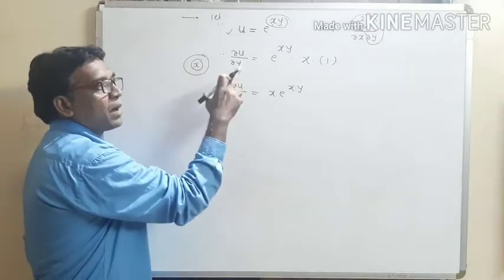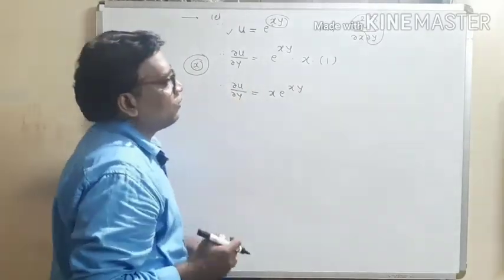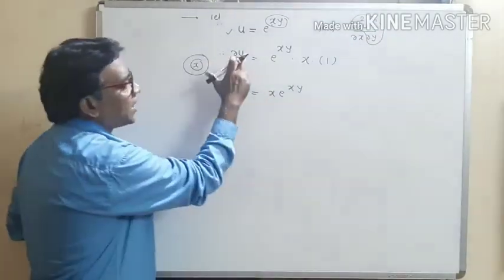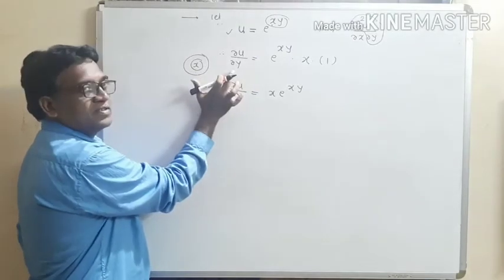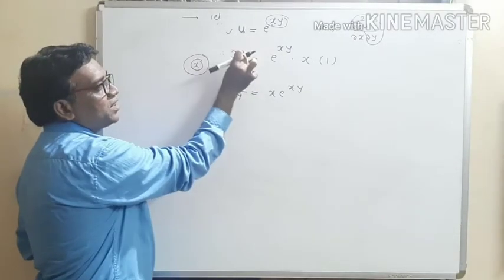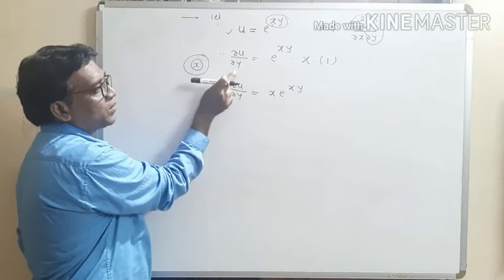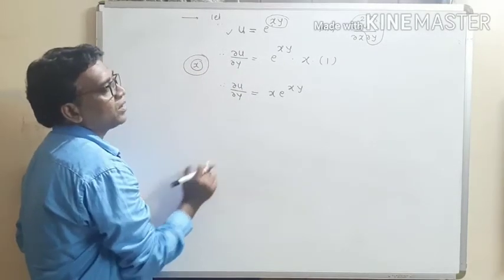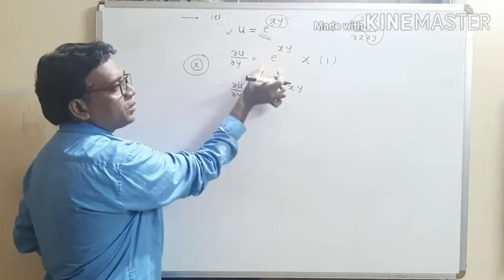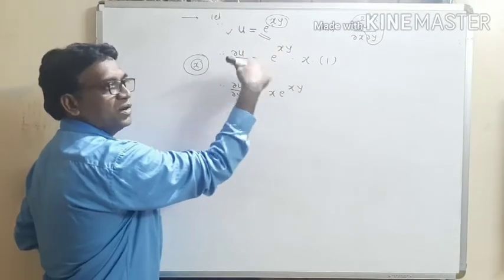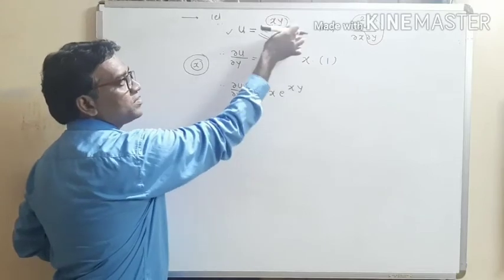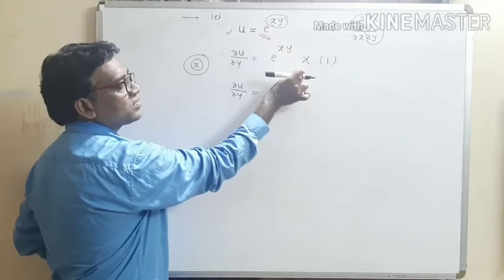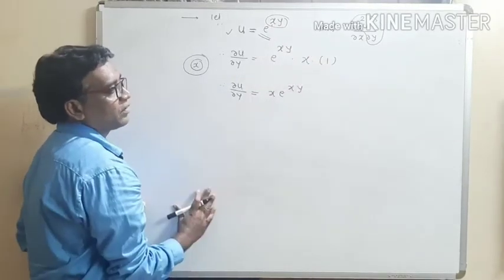So see how to get this ∂²u/∂x∂y. First of all, find out this partial derivative ∂u/∂y. Partial derivative ∂u/∂y means that differentiating this u partially with respect to y by treating x constant. We have to keep x as a constant term. Derivative of exponential term, it is the same, into, according to chain rule, multiply by derivative of this inner function xy by treating x as a constant term. So x, it is constant term, and derivative of y, it is 1.